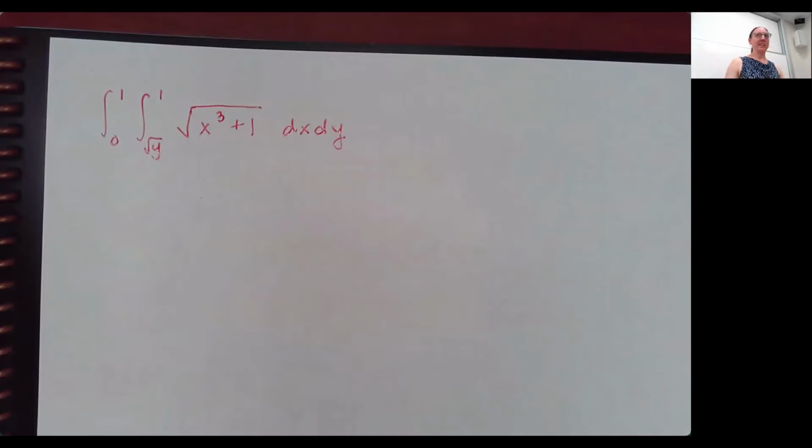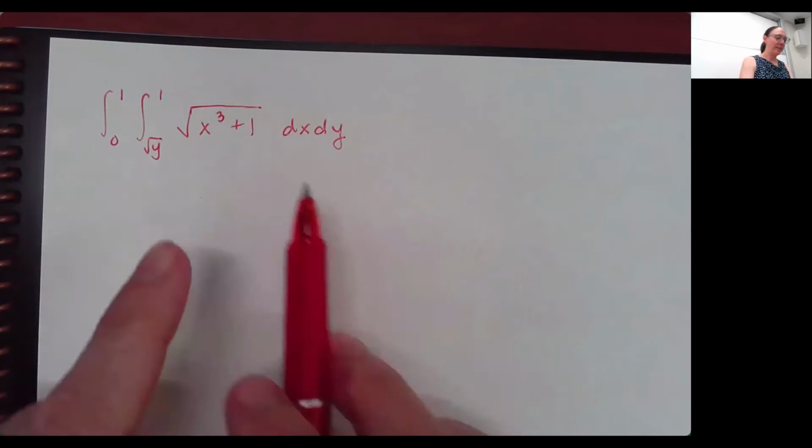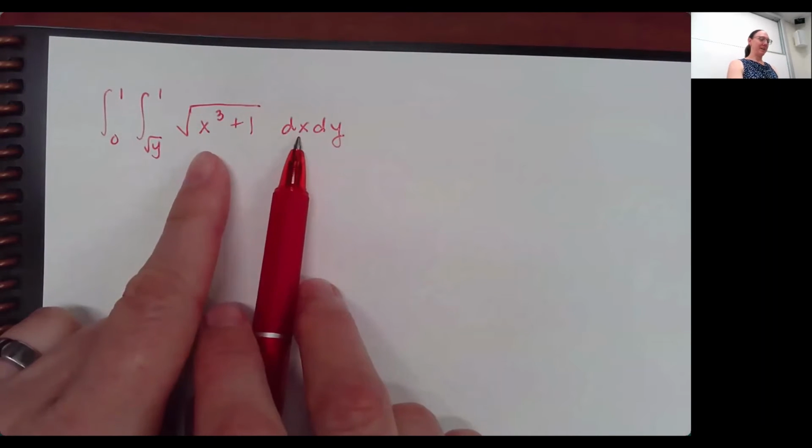It cannot be integrated the way it is written, or it's just going to be really, really ugly. And when that happens, one of the tools that we have for double integrals, anyway, is to try switching the order of integration. So if I look at this, and I was going to try to integrate this with respect to x right now,